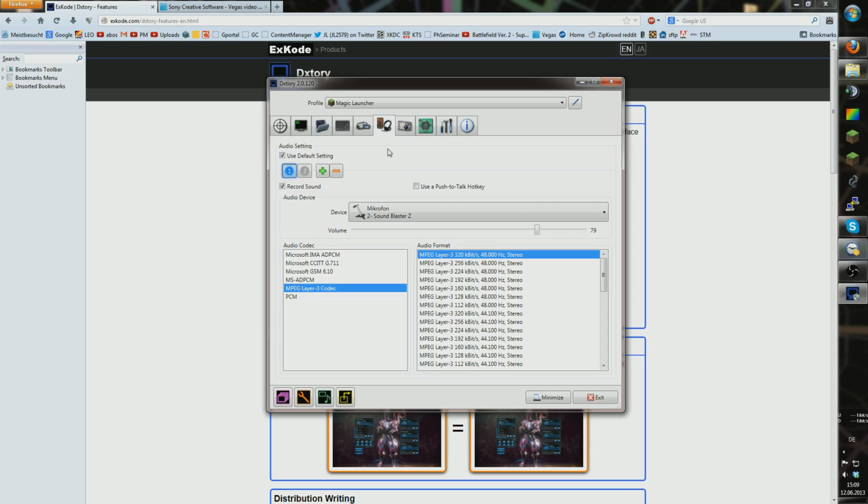In this tab here, there is the next interesting feature to set. So Dxtory can record several audio lines on independent audio files. So unlike most recording software, you won't get one audio out line in your video with everything mixed into it, like my voice, TeamSpeak, background music, in-game sounds, whatever. But you can separately record them. And on default,